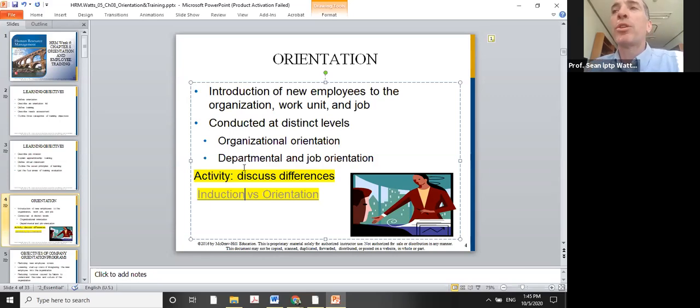So we are going to break the class up into small little groups. Make sure you understand this idea of what is the induction, what is the orientation. The reason why we're putting it into a group is, again, international companies usually would expect the employee to learn about this on your own before you actually start your first day of real work.